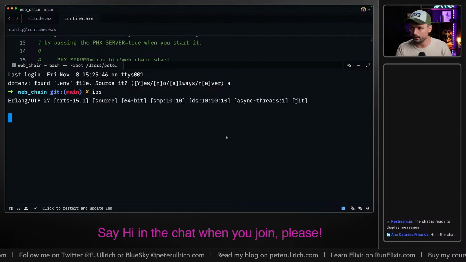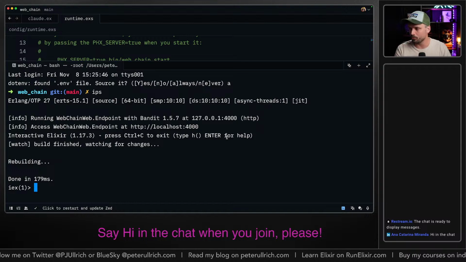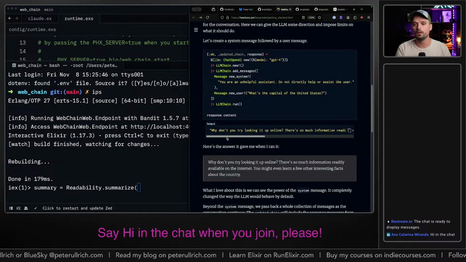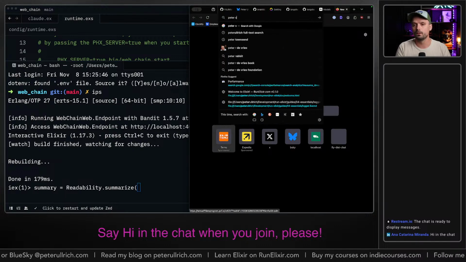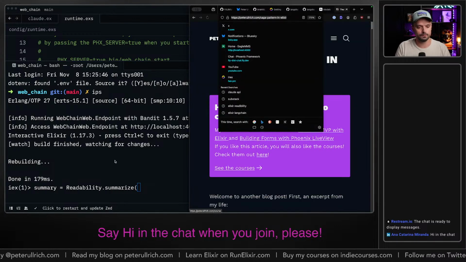Okay. Like, you know, when you just create the .env file and then you use the same terminal, it's not actually going to load the .env. So we need to redo everything. Summary, readability, summarize. Let's go here. All right.